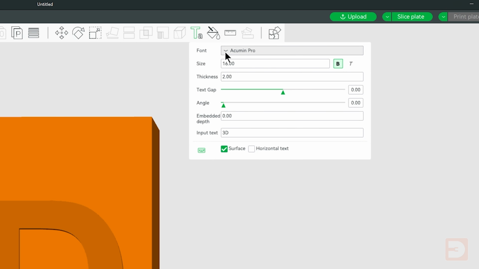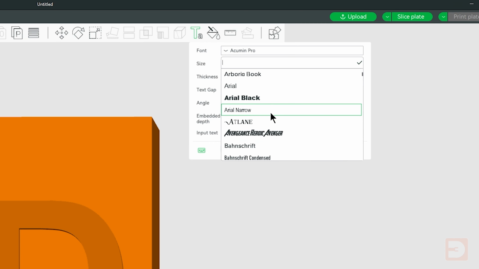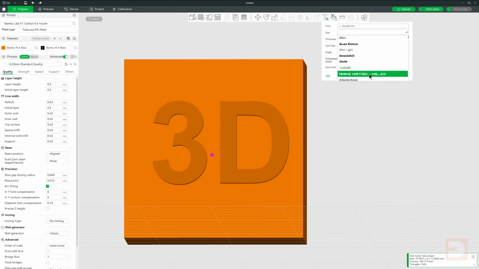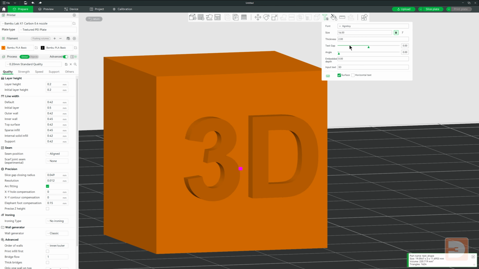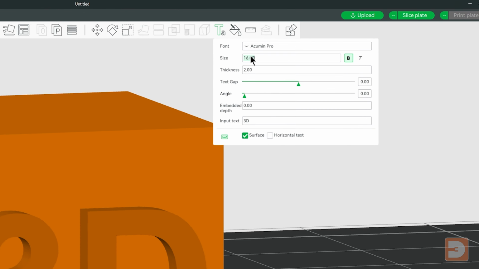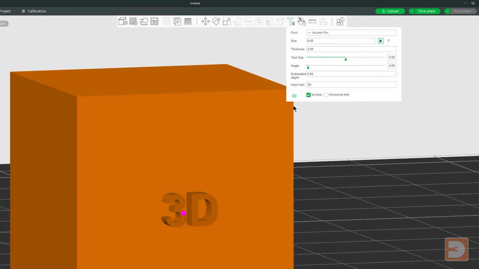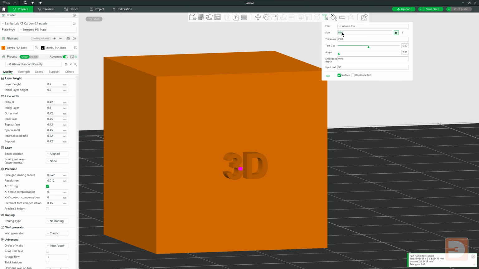You can technically select pretty much whatever font you want, including your own fonts and those that you've downloaded. However, I find that many of these, especially the less conventional ones, don't seem to work. So if you select a new font and it either doesn't change the text of your model or changes back to a default font, don't worry, you're not doing something wrong, it's just frustratingly a compatibility issue. The size option simply changes the size of the font but keeps the spacing relative. You also have the standard bold and italic options here, but that only works with fonts that have bold and